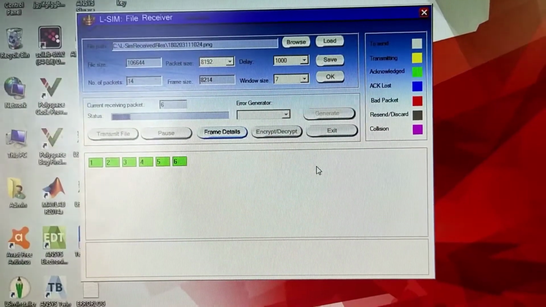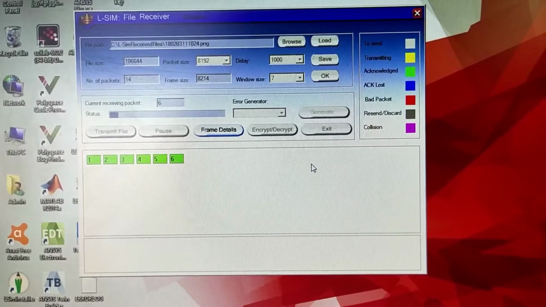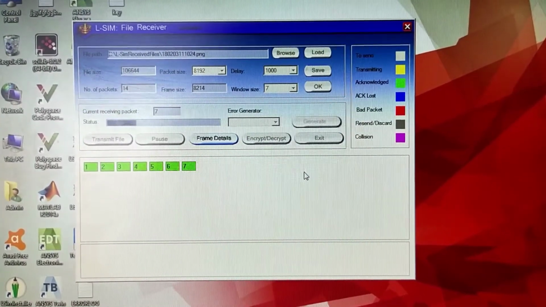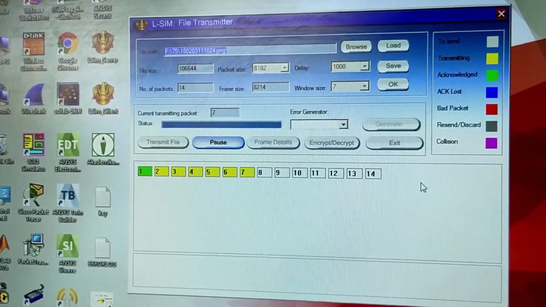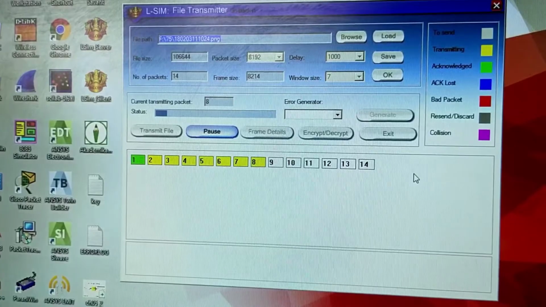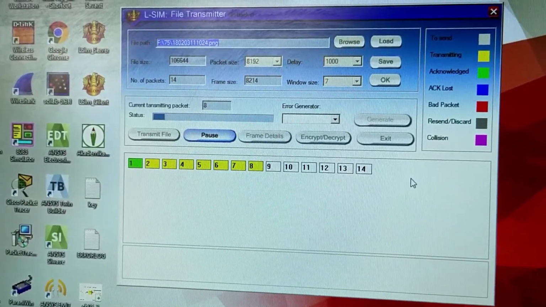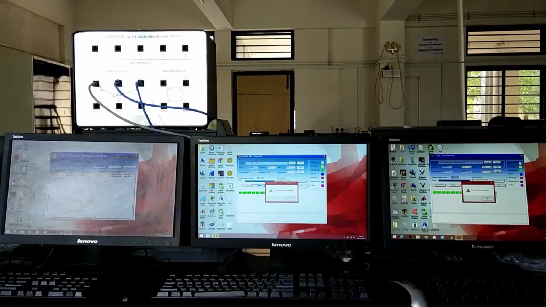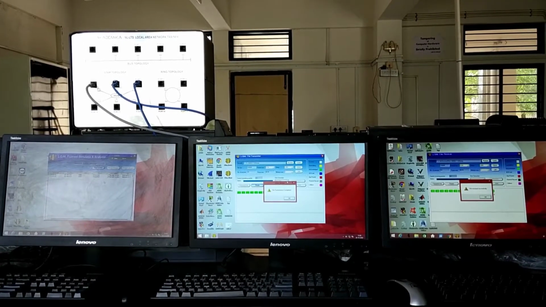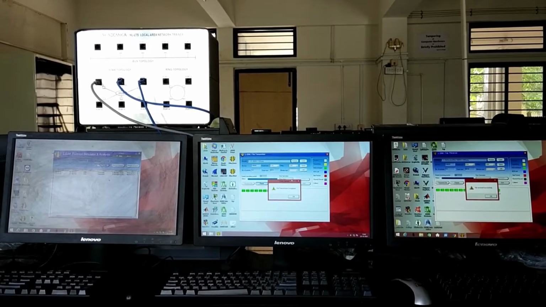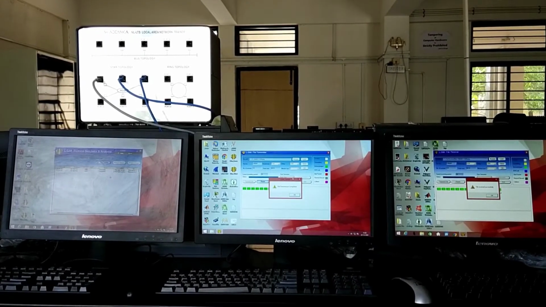As you can see on the receiving side, one after the other, frames are getting received and acknowledged. Here on the sender side, if one is acknowledged, the window 2 to 8 will be there. So I hope go back n protocol is clear from the simulation, and you can compare it with your theory part. We are getting the same results as compared to the theory.